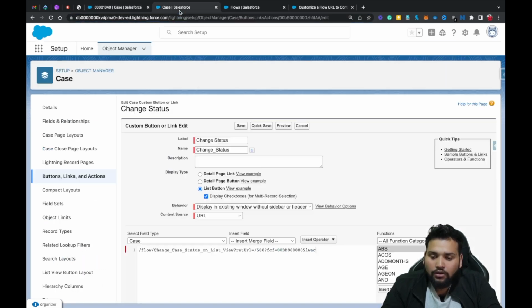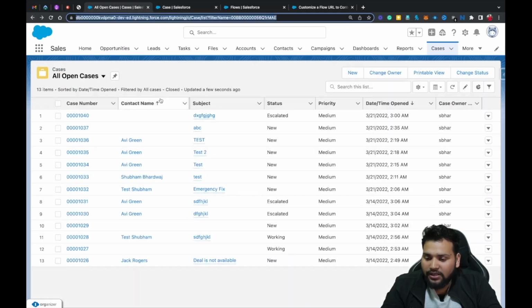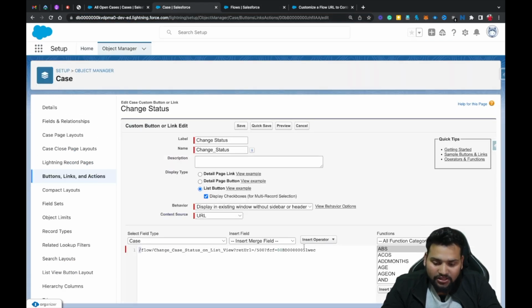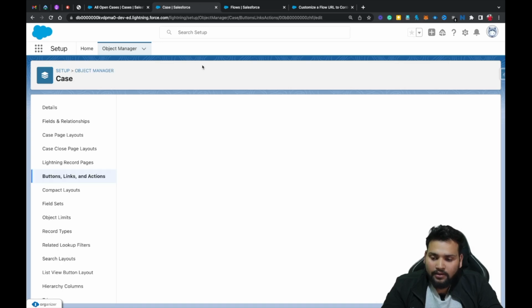So 500 is the code, and simply I change that, and for the list view ID I will move back to the list view, and from the URL you can copy the ID, that is all open cases, right? So let me just change the ID as well. So this looks good to me. Now I am going to quick save this button.